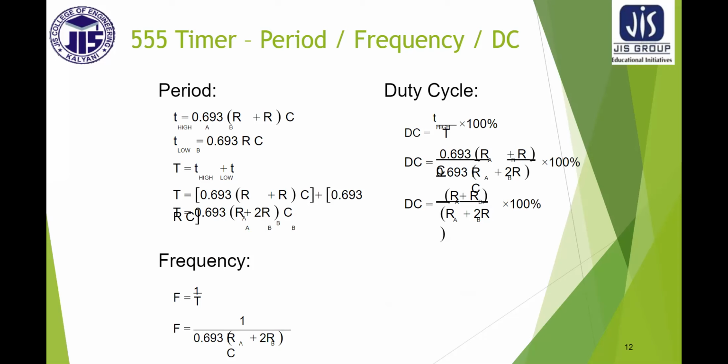So you have already found out the rise time, the charging time and discharging time. So the total time period will be the sum of charging and discharging time. Again the frequency will be the inverse of time period, so 1 by T. And duty cycle. Duty cycle is defined as the ratio of high time to the total time period. So duty cycle will be T high, that is the charging time, divided by total time period. So just take 10 minutes and write down these equations.